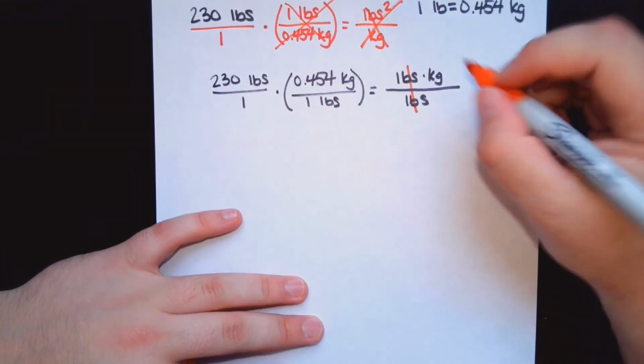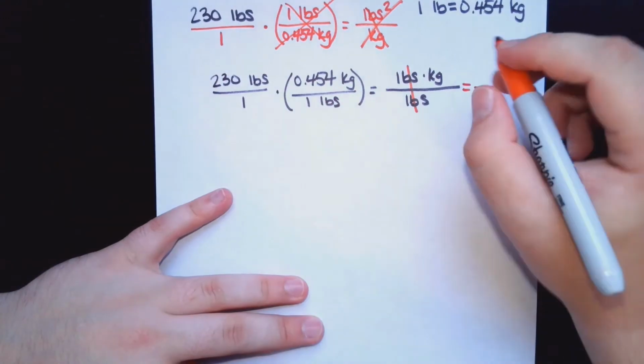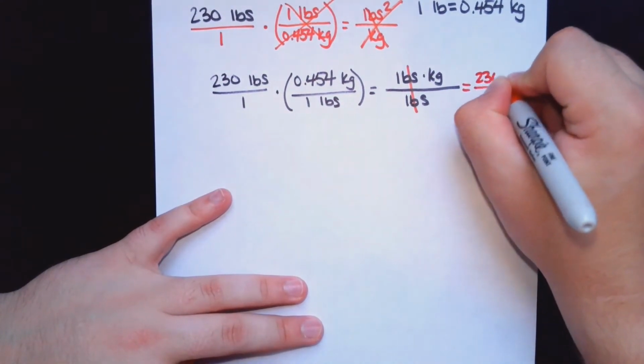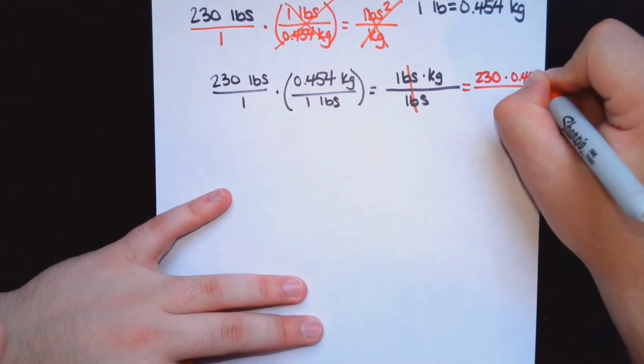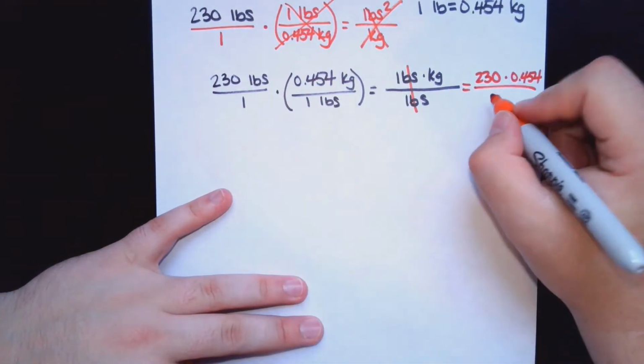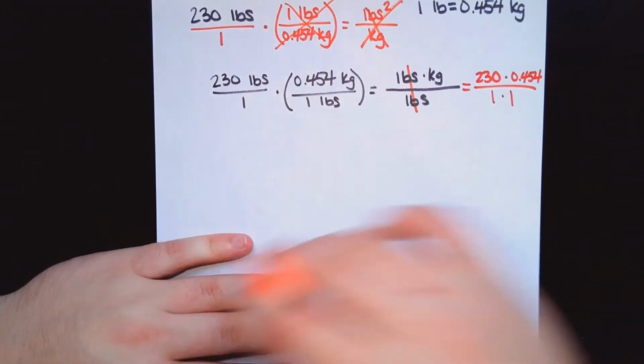So now, we know that we have this set up properly. The numbers will follow suit. So now just multiply all the numbers, so the numerators, by each other, 230 times 0.454. And multiply each denominator, 1 times 1. And so that will get us